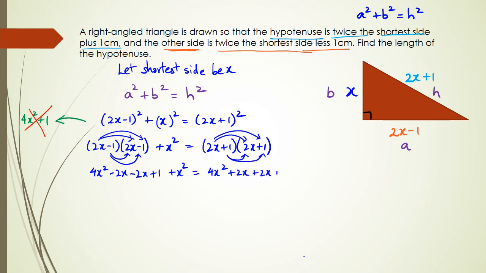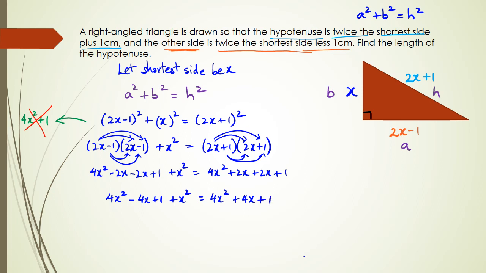And 1 times 1 is just 1. So simplifying this, we have 4x squared minus 4x plus 1 plus x squared equals 4x squared plus 4x plus